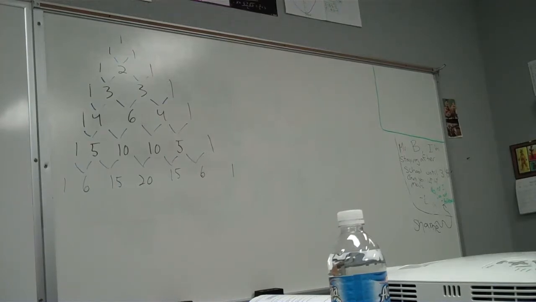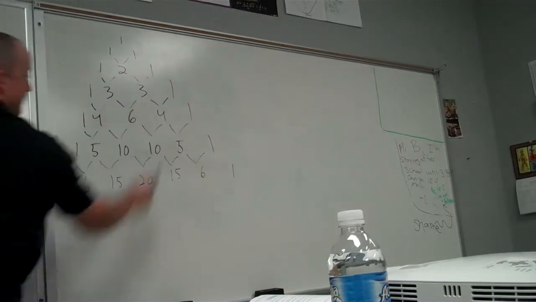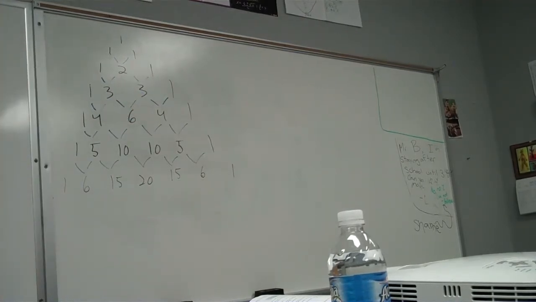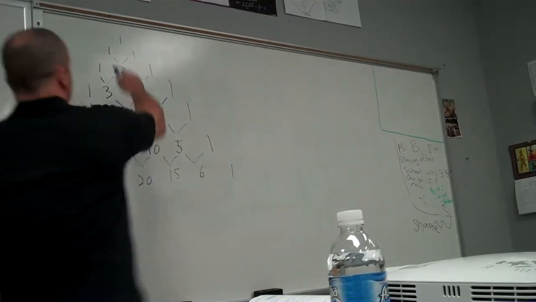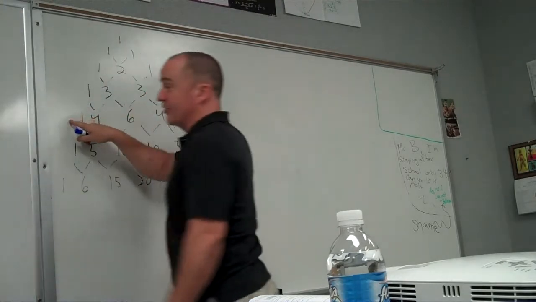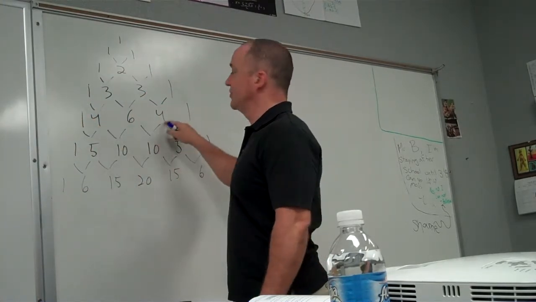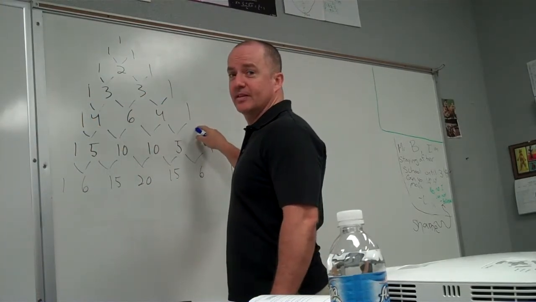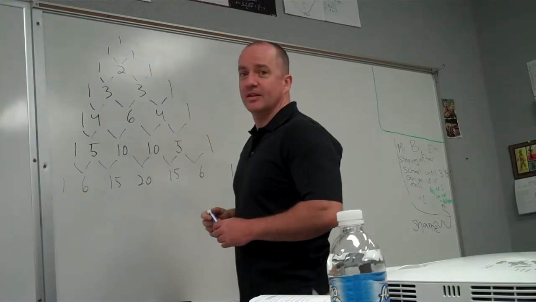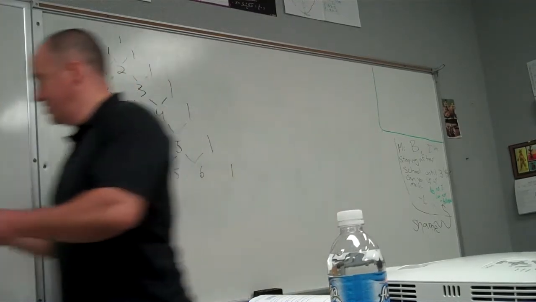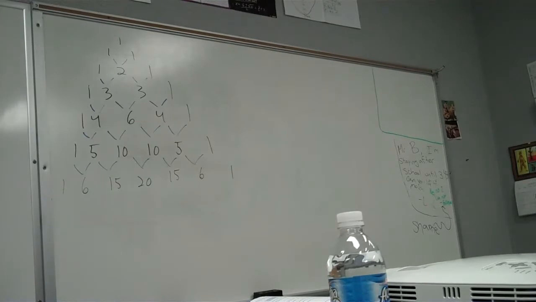I'm still not following. Look at the 1, 3, 3, 1 lines. 1, 3, 3, 1. To the fourth power, 1, 4, 6, 4, 1. The fifth row, 1, 4, 6, 4, 1. So we could technically figure out the next line, because we have 5, 10, 10, 5. Yeah, so the next line, if I wanted to do (a plus b) to the 5th,